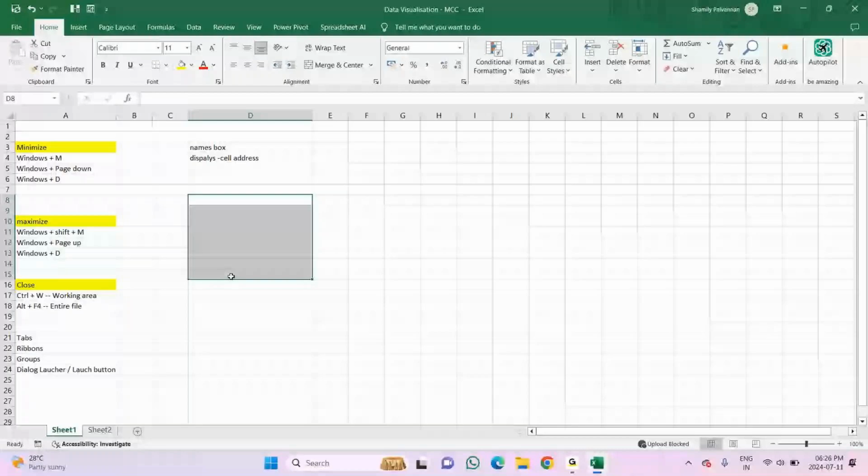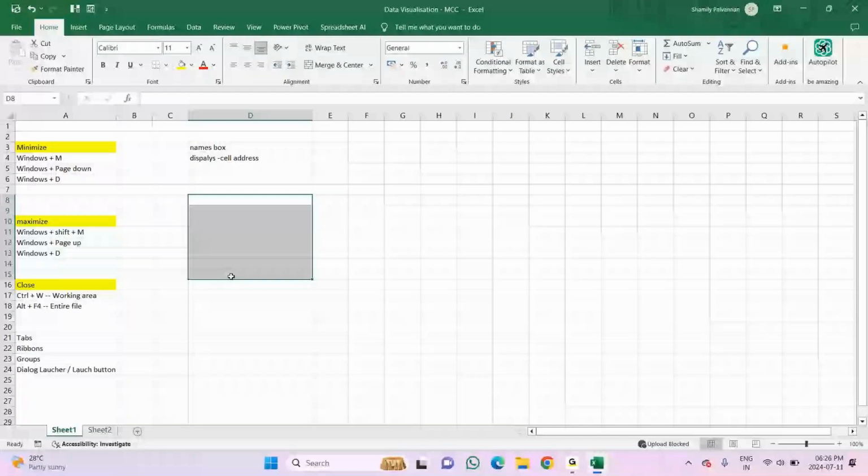Fine. So now the next option here is this place, which is called the formula bar. Whatever I type in a cell, or if I'm typing here, it will also appear in the cell. The active cell will display this. What is an active cell? I've already told you in yesterday's session: wherever you have the cursor, that selected cell is called the active cell. The formula bar will display the content whatever you are typing.